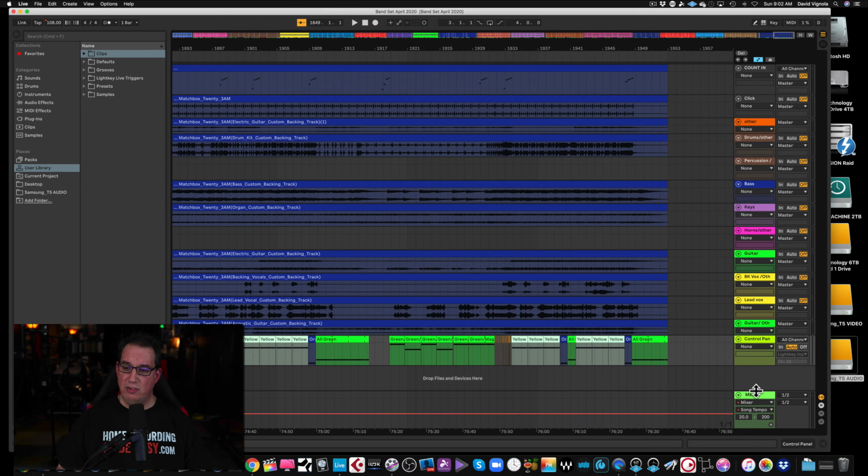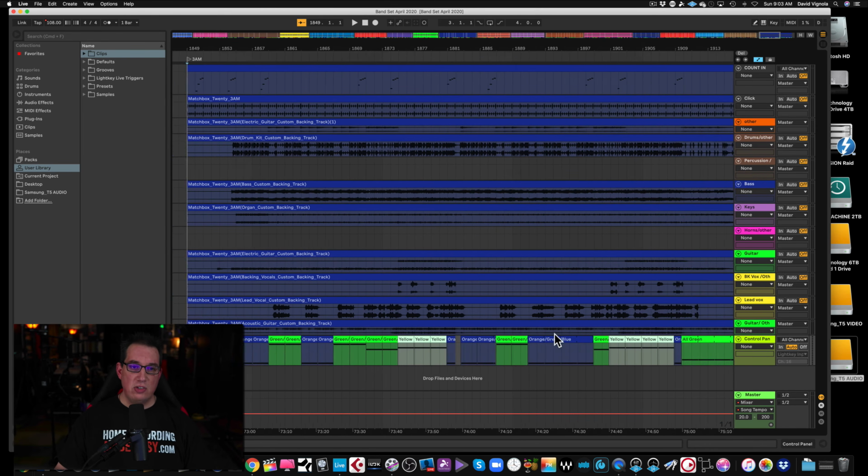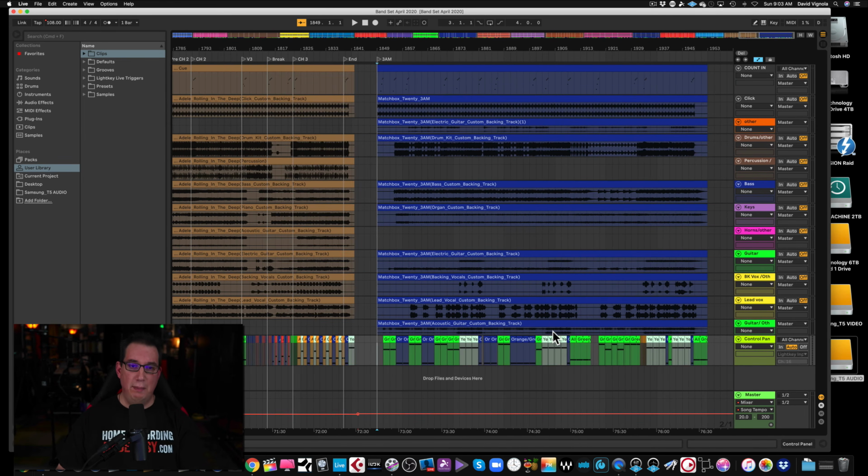I come down to the master track. I figure out, well, what is the next song going to be? And I automate the master track for the tempo, and then I just copy and paste the next song in, and that allows me to build a master set list in an arrangement view. And then you can just start from the beginning of the timeline